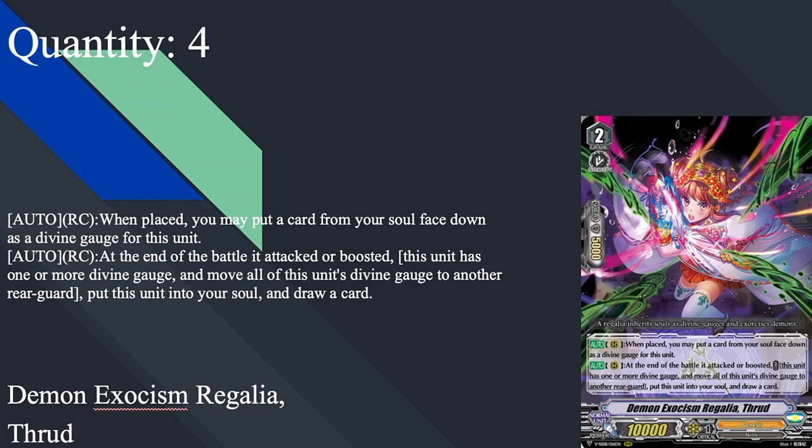Then we have 4 copies of Demon Exorcism Regalia Thrud. Granted, she is my least favorite Regalia, but I don't know if we have another Grade 2 Regalia, and I'm pretty sure we don't, or at least in V, so I have chosen to run her anyways. Grade 2 Intercept 5k shield, 10k base. Auto rear, when placed, you may put a card from your soul face down as a Divine Gauge for this unit. Okay, I would say that sucks, because being an on play,